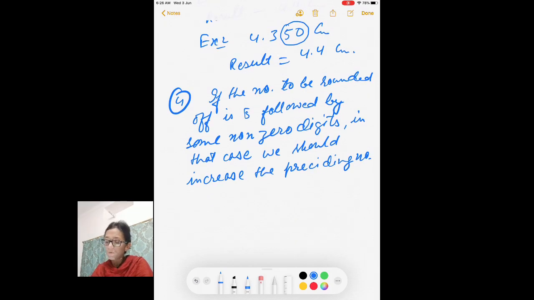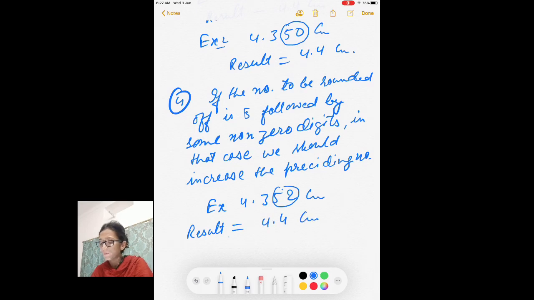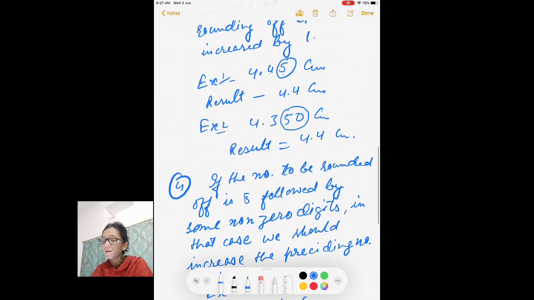Let me take the previous case, example 4.352 centimeter. So you have to just round off this number, then the result will be equal to 4.4 centimeter only, because in this case also,